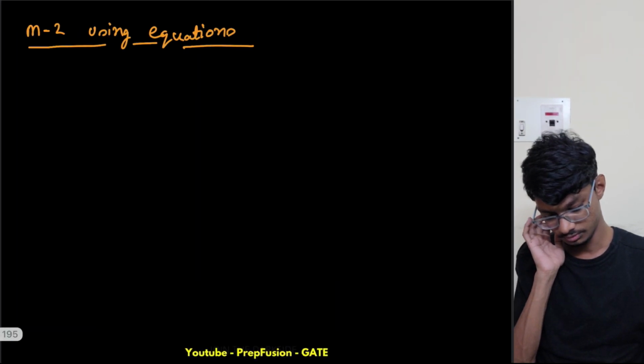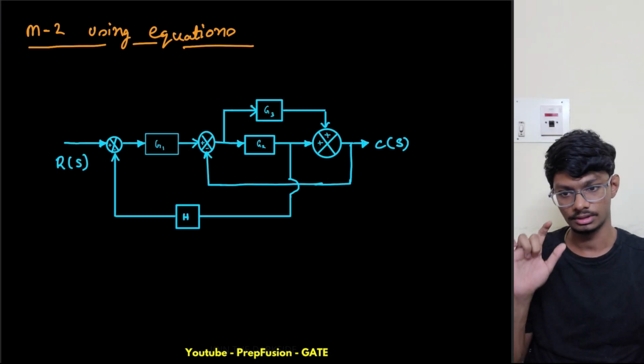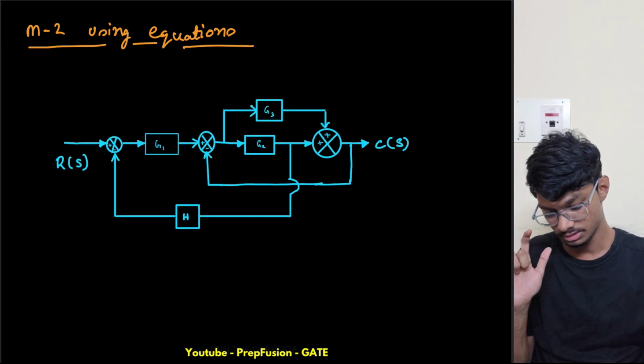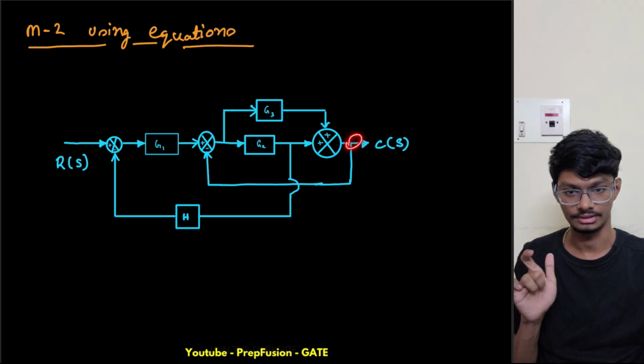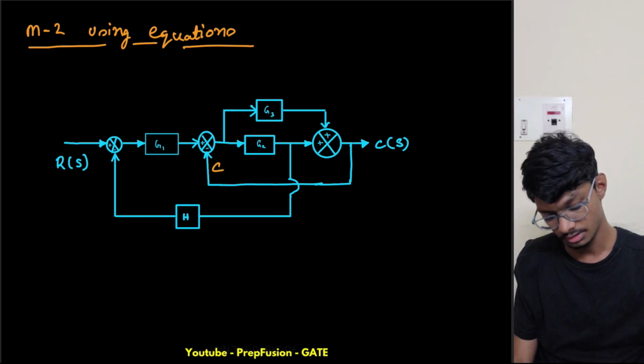Let me take and put it over here. So what I can do is assume C here. So the C point is here, right? So I'm assuming C here. Okay, now